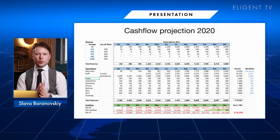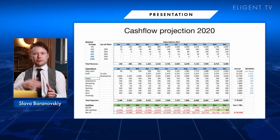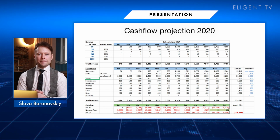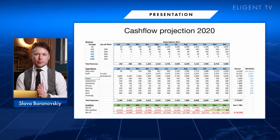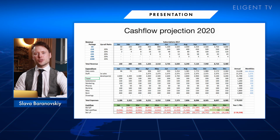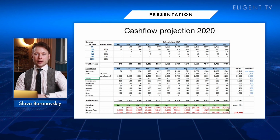For sure, it's very important to see that your break-even is happening not in 5 years' time, but something between 1 and 2 years can be good, because if you're trying to approach your potential investors they also are looking to see how quick you can get back, you can generate some profit for the company. So it's very important to make sure you're able to grow quickly and your break-even point is not happening in